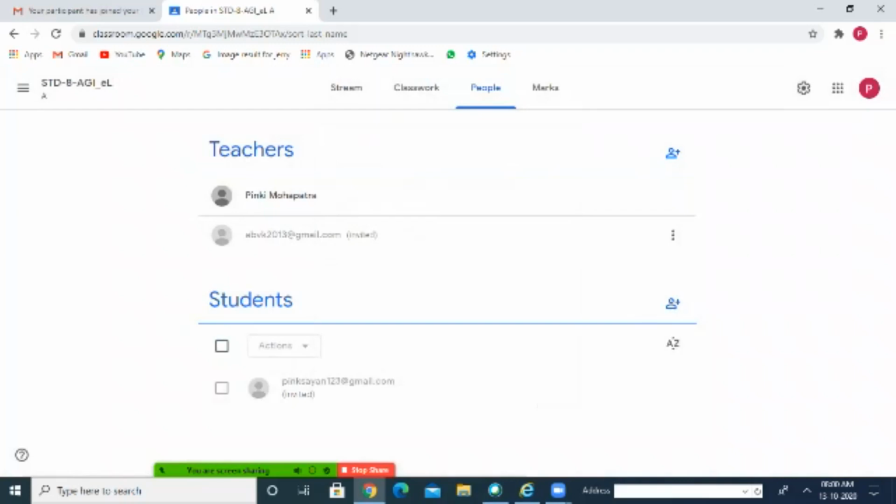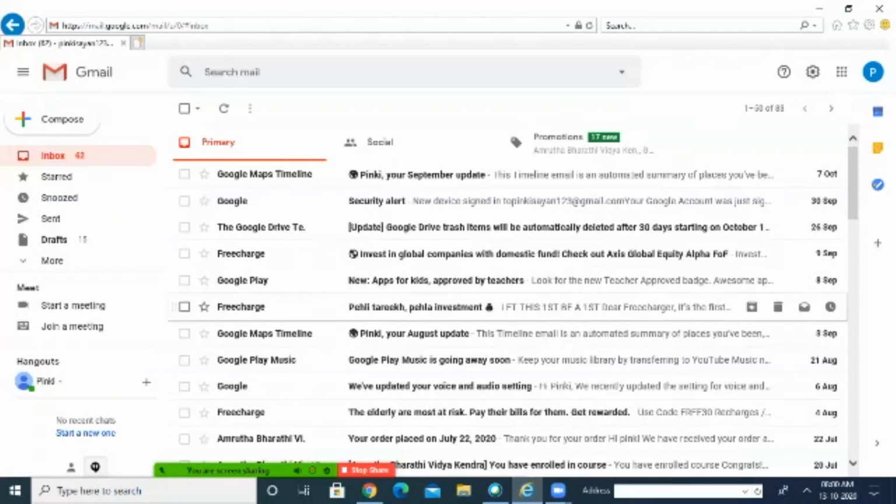Okay. Now let us see how as a student I can join. I am going to another browser of mine. Here it is open. I am clicking on Internet Explorer and typing here.